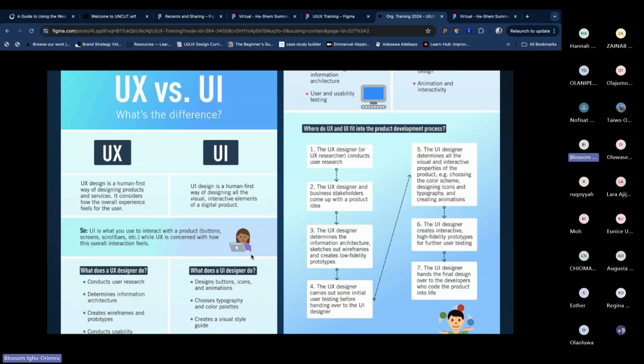And there are so many career paths once you can learn the skill. Number one is obviously being a UI UX designer or a product designer. With that, you do the research and then you design the actual product. Even as a UI UX designer, depending on your level, your skill set, and the opportunities that